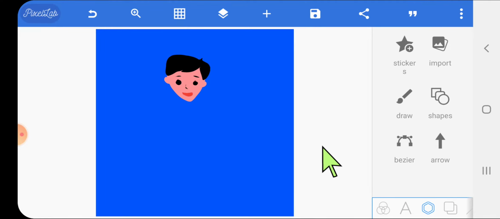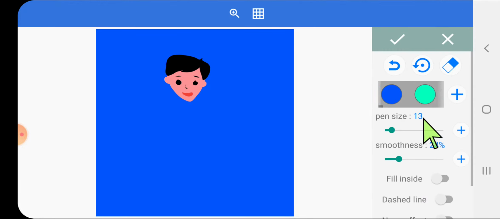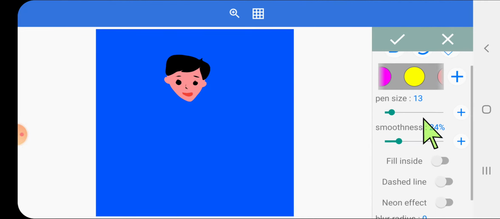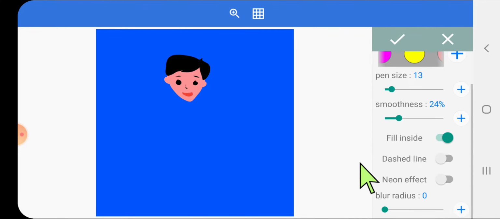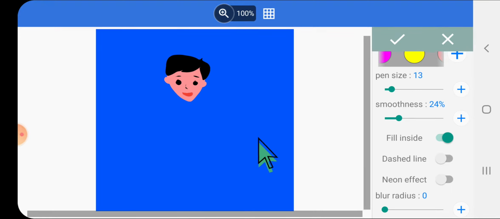Now let's draw the shirt for the child. Use the draw tool. Use color yellow. Use fill inside option. Now let's zoom in to draw the shirt.